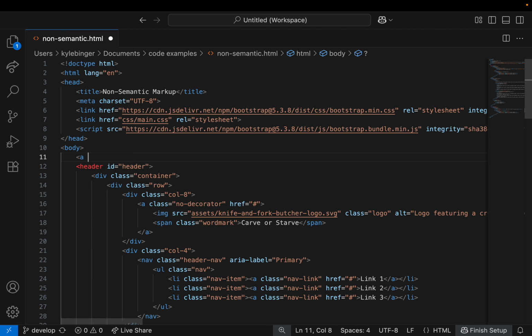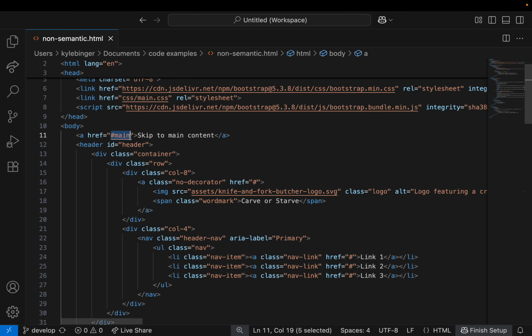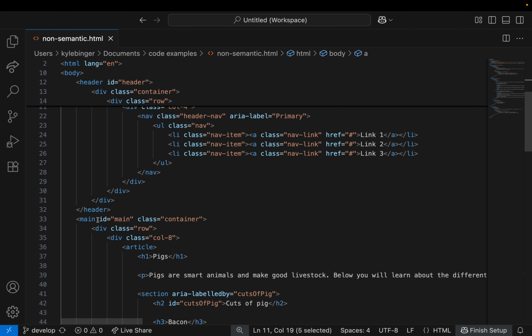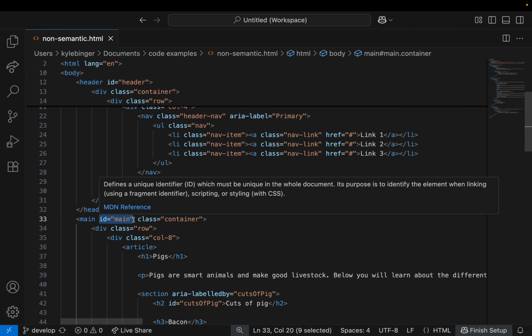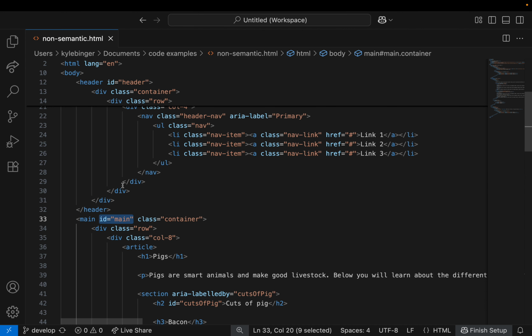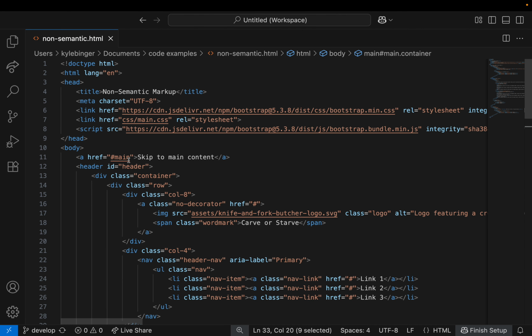So we can go href equals the ID of main, and we can say skip to main content as our link label, and let's just make sure that the ID of main matches up here. It does. Very important, you need the ID here for this to work.